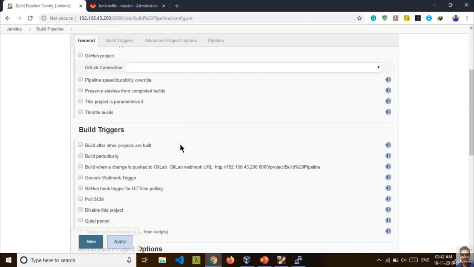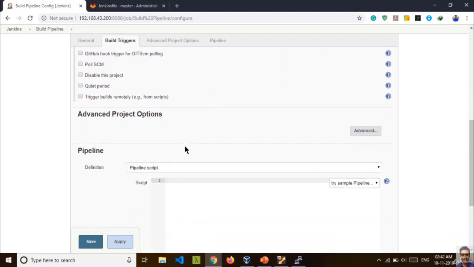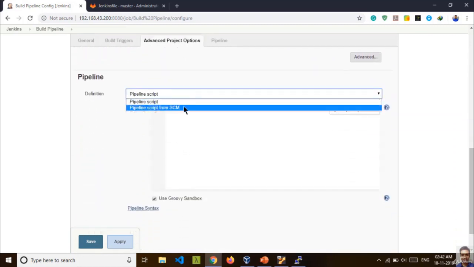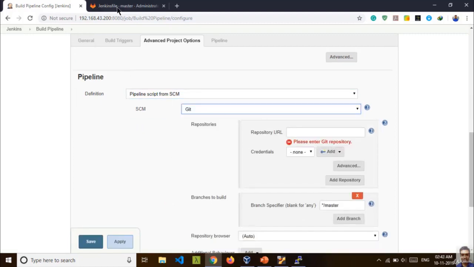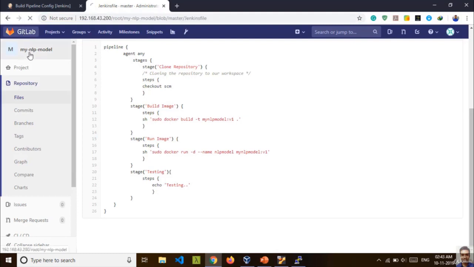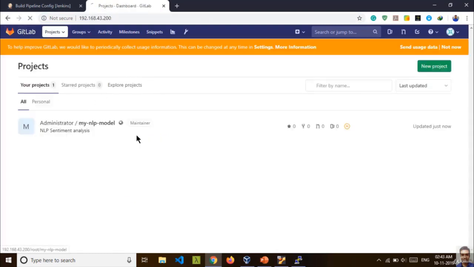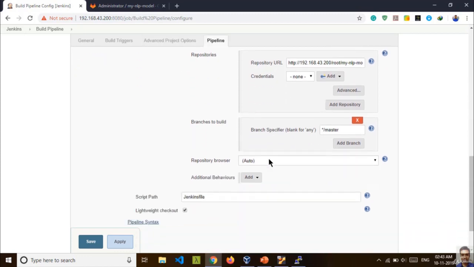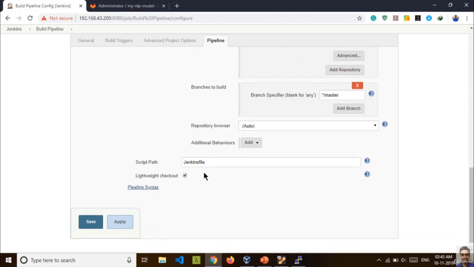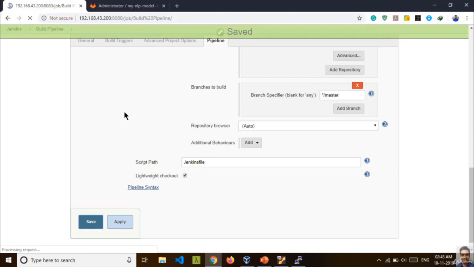It will open the configuration file as usual, and here you can see pipeline script from SCM. Now source code management is your Git, and just go to your repository, copy, and paste it, it will check. You don't have to use any credentials. It will automatically check whether it contains a Jenkins file. So we have contained the Jenkins file. Apply, save it,